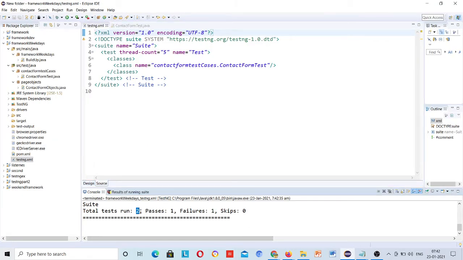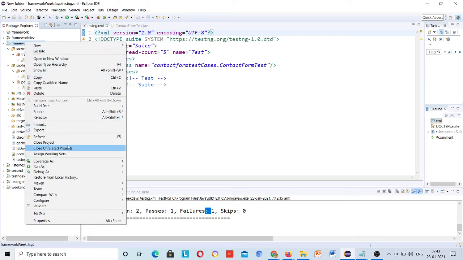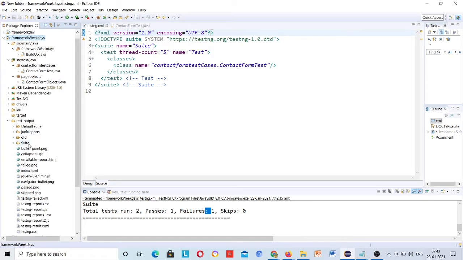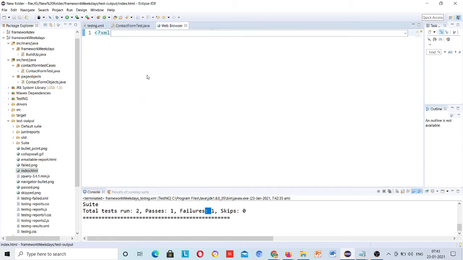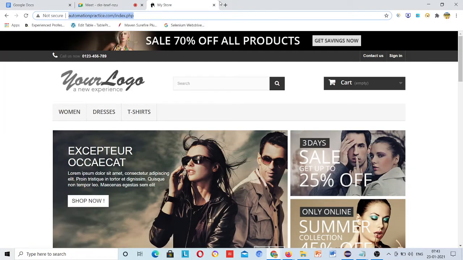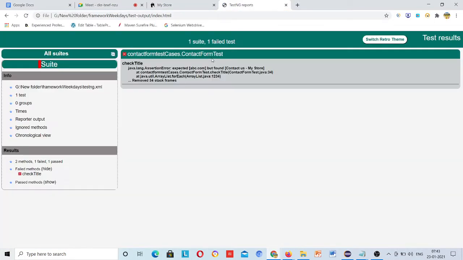You can see tests run 2, passes 1 and failures 1. If you go to this first project, refresh, then go to the test-output folder and the index.html file, copy it and paste it in Chrome, you can see checkTitle: java.lang.AssertionError, expected abc.com but found My Store.